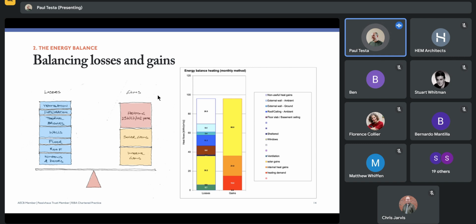Our internal gains are the gains that come from us living in our homes, occupying them. They come from showering, from cooking, from turning the kettle on, from breathing, and having your computer on. All those kinds of things add heat. We get some solar gains from the sun through our windows, and then the gap between the losses and the gains is